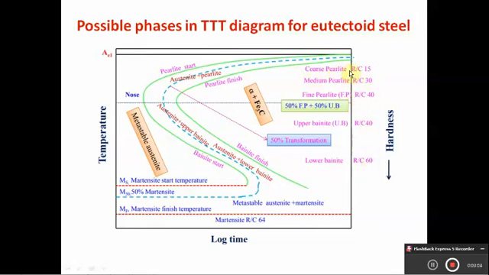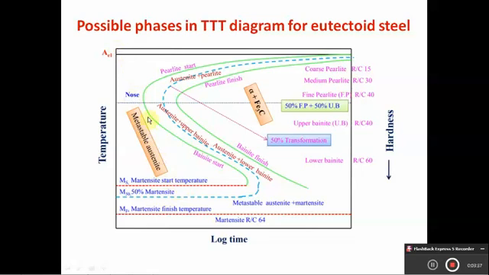A pearlitic structure will give ductile property and higher machinability, but with a somewhat higher cooling rate, the hardness value increases and ultimately the ductility and toughness values go on reducing. When steels are cooled from above the lower critical temperature with this much cooling rate, then from this point to this point there will not be any transformation as such.